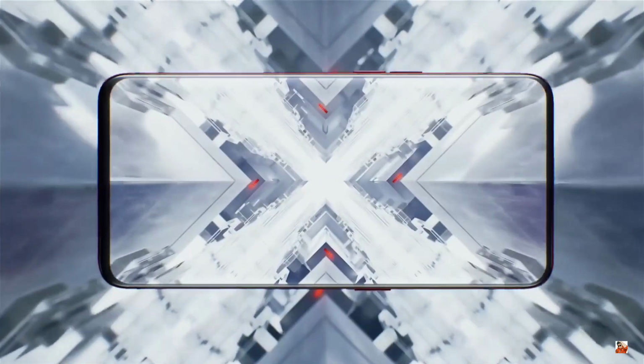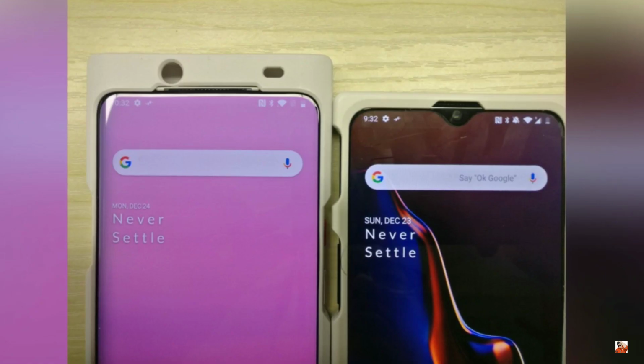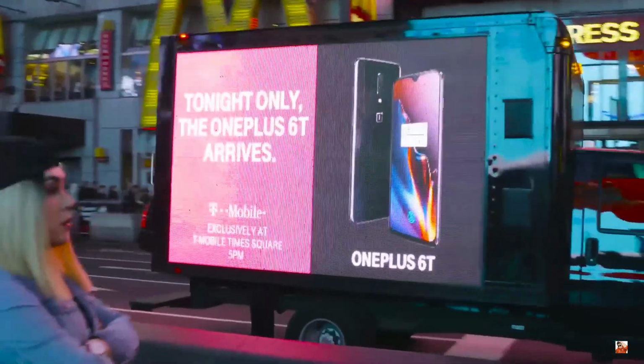And yeah, the OnePlus 7 is on the road, and to get a proper design confirmation, we have to wait for an official statement. For now, take this leak with a pinch of salt, and to receive daily updates like